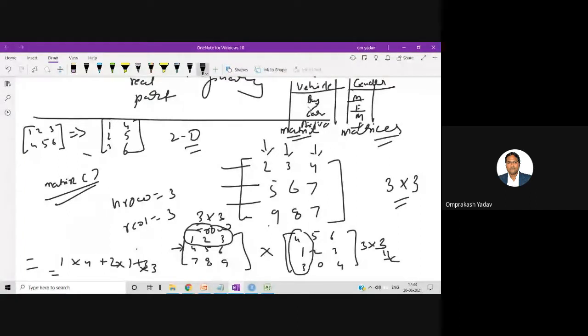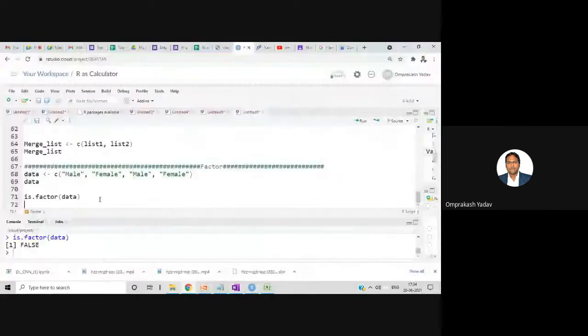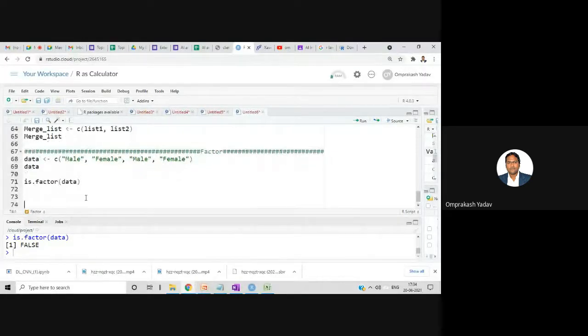Whenever in any column you have categorical data, that is, categories of data, that data can be called factor data. If it's not already a factor, you can convert it into factor data. Here I had the data as a character vector, and it's not factor data, but we know it's categorical data. There are only 2 categories, male and female, in the entire column. Yet it's showing me that it's not factor data.